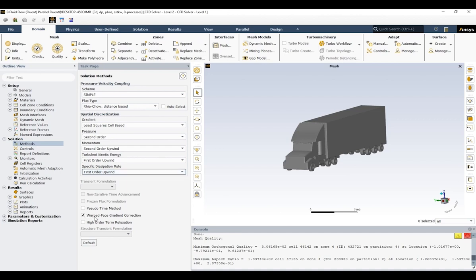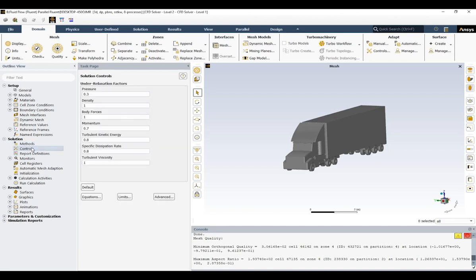Also, there is no need to enable this warped face gradient correction. This is mainly used where we have high quality mesh cells and we want to actually decrease the solution time. But in this project, this is a very simple project where we don't actually need to enable any of these settings underneath here. Next, we will move on to the controls part, where we need to define the under relaxation